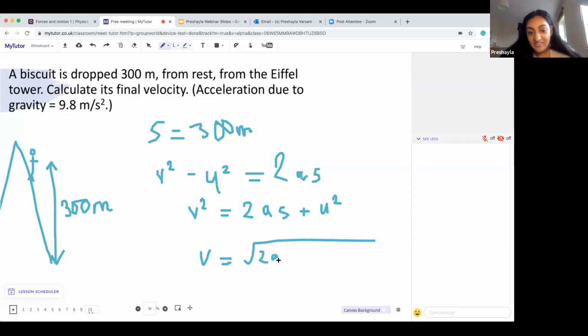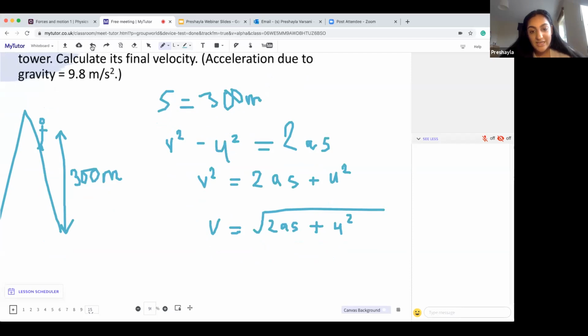So I then get a really, really nasty equation of the square root of 2AS plus U squared. Now I can fill in all of my information. To find V, final velocity, I need to do the square root of 2 times a. Now, what is a? Well, it's acceleration due to gravity, 9.8, because we have the object free falling through air, times s. S is displacement, which we know is 300 meters,